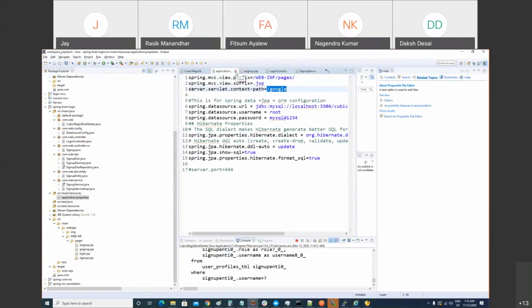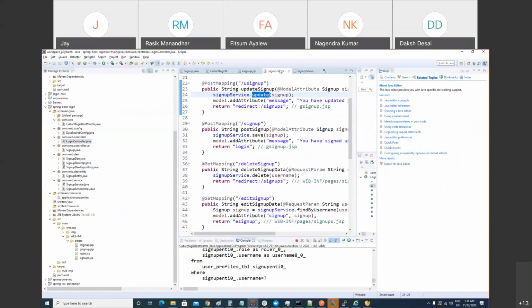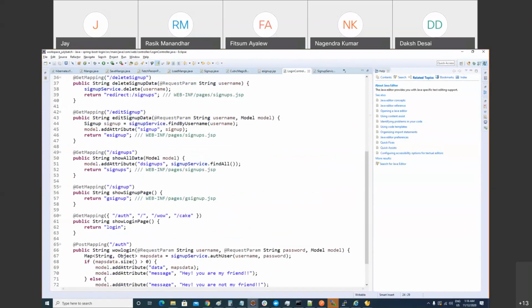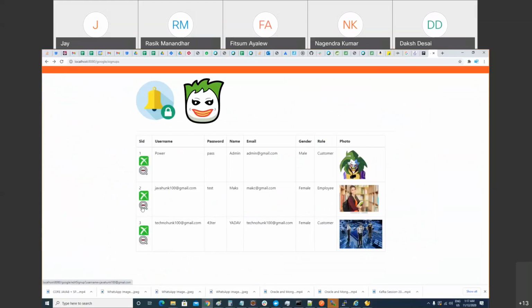Let's try. If you want to debug your code, see my style. You want to debug your code for edit. You know what this is bringing? Edit sign up. When you click on the edit button, you see I put a double click over here on this. You double click, the blue dot. This is called a breakpoint. It is applied. So the benefit is when you click on the edit action, your control will